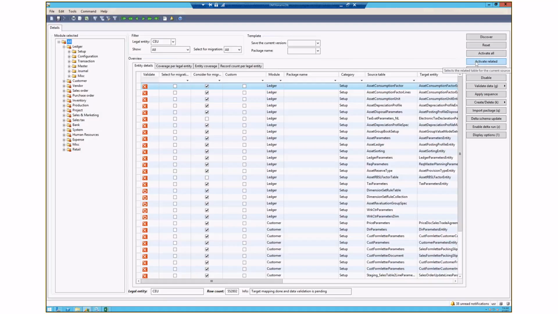When you do the activate related, we actually go in and infer the table relations from the source and select all of the ones that have the relationships defined, and we enable that for migration, and you would be able to define a migration group and extract the data for those. So we've provided different means by which you could go in and do, depending on what is the relevant or the more meaningful approach for you guys. You can adapt that approach to define the migration groups here. Once you have done that,